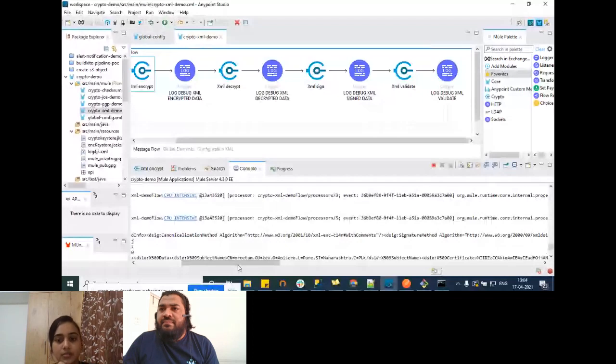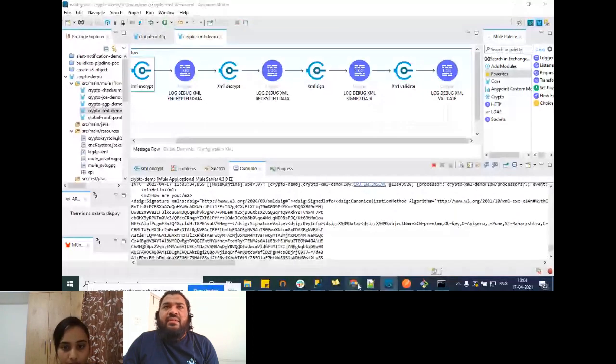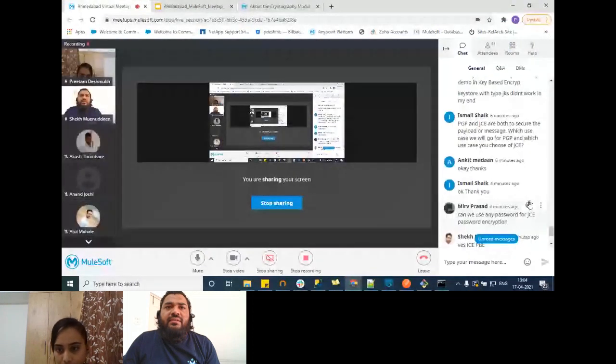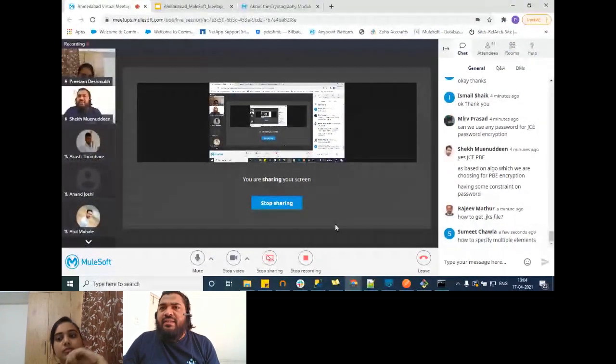Any doubts for XML, or do you want to see any configuration? Any advantage of using XML? As such, it's just for encrypting XML documents, nothing more to add. It's kind of a legacy XML cryptography since it supports only XML format. Suppose you want to make use of any other format like JSON, you will have to make sure that we are converting JSON into XML, and then you can make use of XML cryptography.